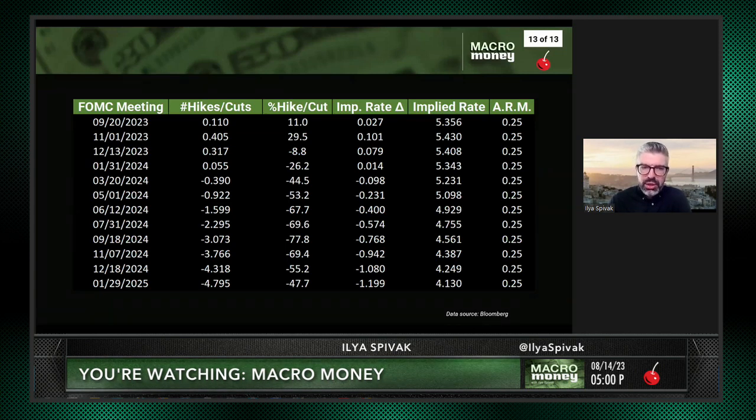Looking at the March numbers in particular here, there is now a 39% chance of a cut in March. As of the start of last week, that was closer to 80. So it would seem that, in fact, there's been a shift. If we look at the implied rate column for December, that's now at 4.25. It was at 4 this time last week. So it seems like one full cut has fallen out of the forecast over the course of the rest of this year and all of next.